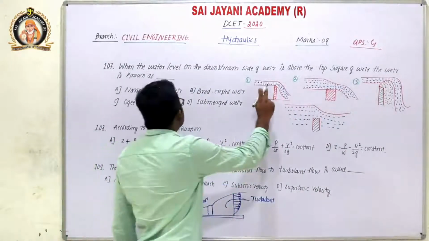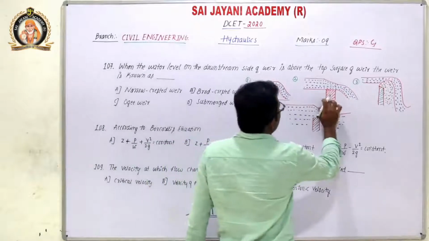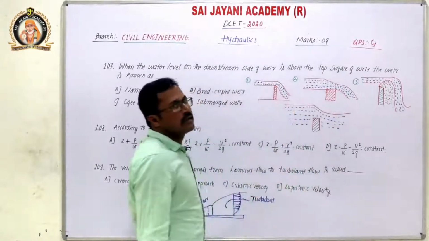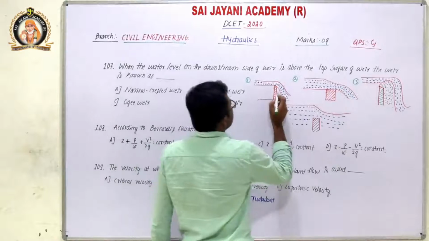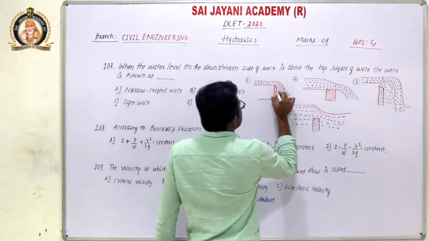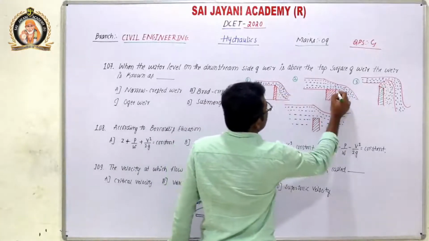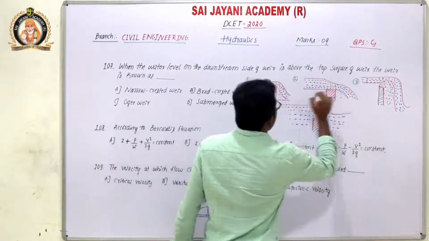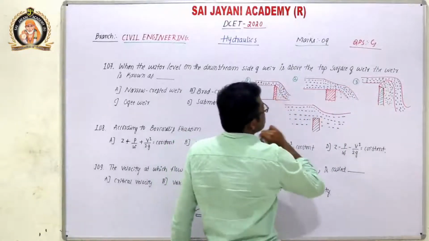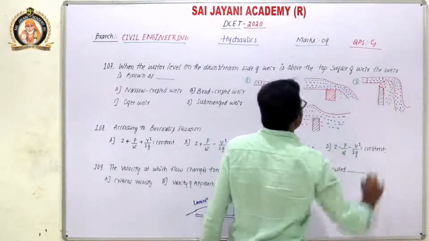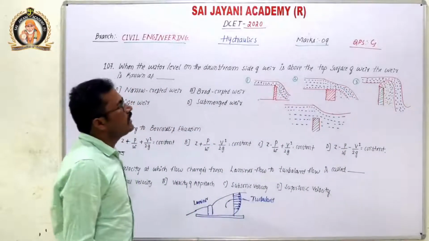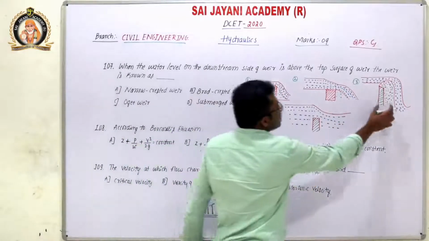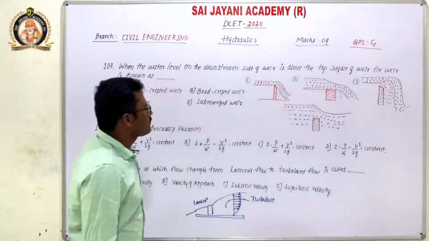In case of narrow or broad crested weir, there is no cement concrete. So this is sill or nappe. The sill or nappe is an empty space. But in case of ogee weir, the nappe or sill is replaced by cement concrete.